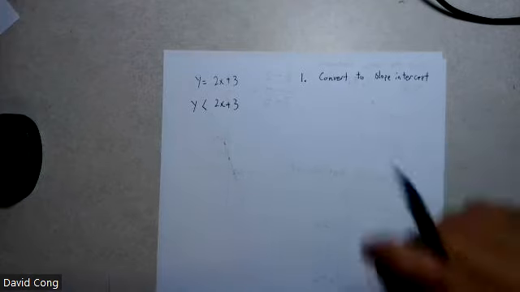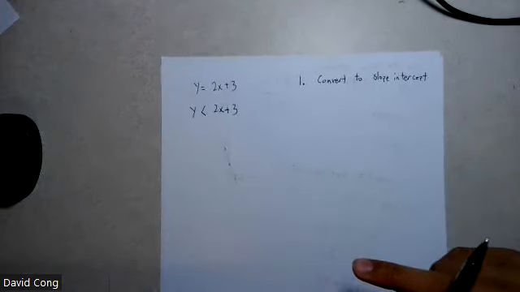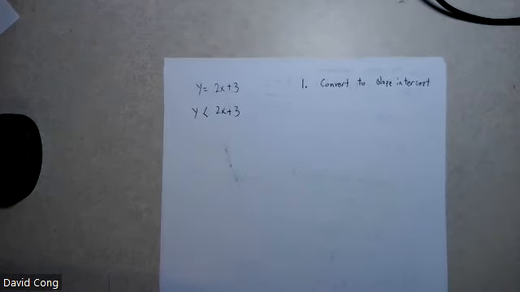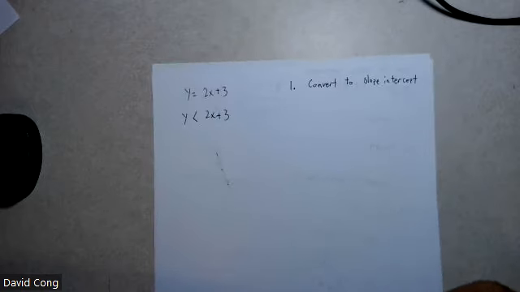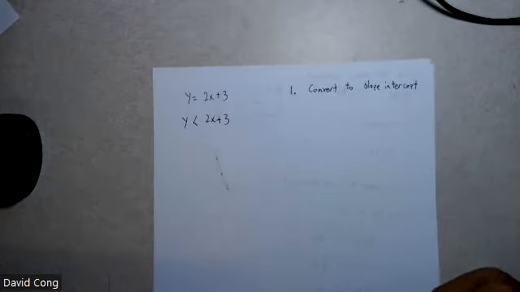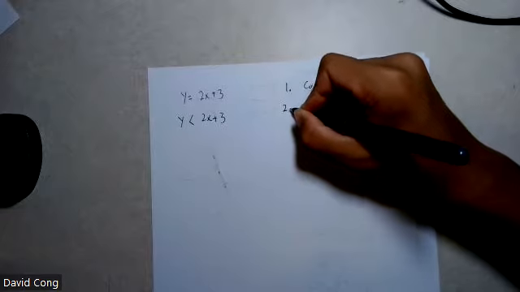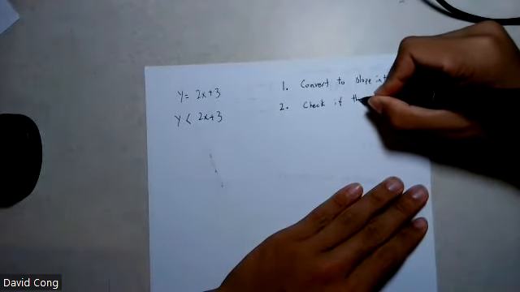So first we want to convert this to slope intercept. And now we take the second step. So converting the slope intercept, we use the exact same techniques we've used before. And the only difference is if we're multiplying by a negative number, we need to remember to flip the signs. And now 2, check if there,